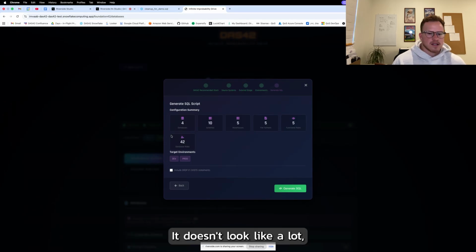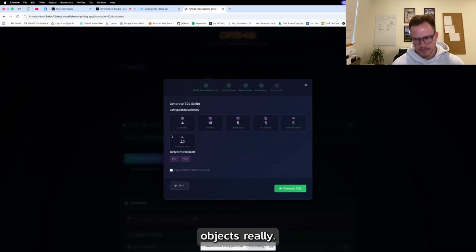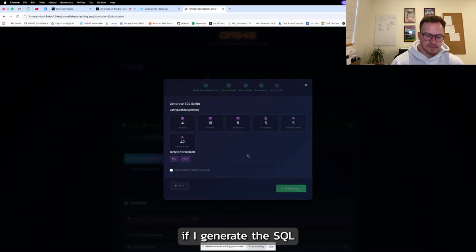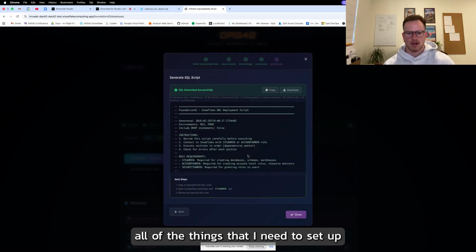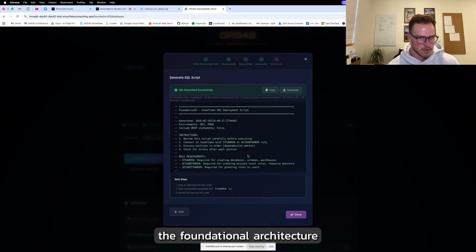It doesn't look like a lot, but the devil's in the details with RBAC, especially because you need to run independent grants across all of these objects, really. And so what we're going to see is if I generate this SQL really quickly, it's going to create all of the things that I need to set up the DAS42 recommended way of setting up a foundational architecture to